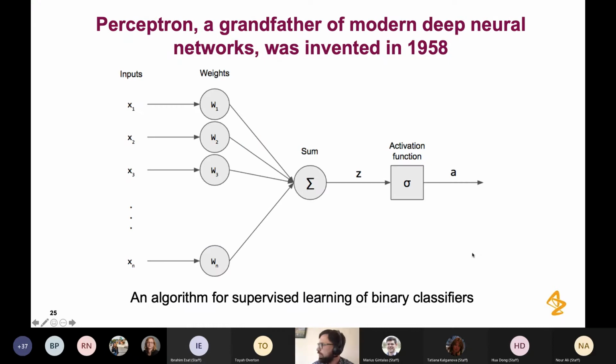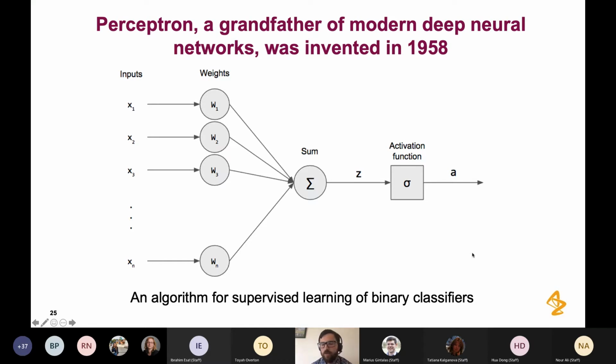So deep learning and deep neural networks are all based on, I mean, you can think of the simplest element as the perceptron, which I would call the grandfather of deep neural networks, and it was invented in 1958. And the idea is pretty simple. You have inputs. In the case of images, it can be pixels. Every pixel has